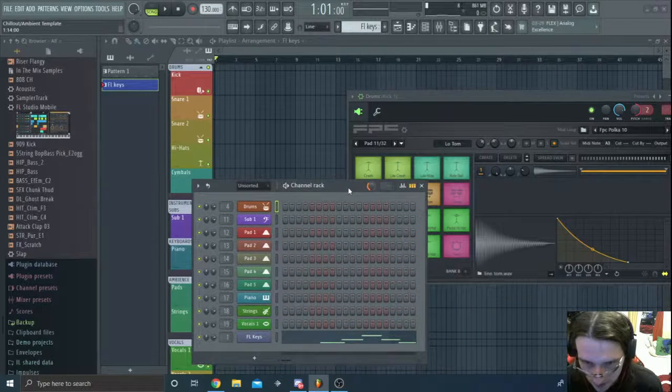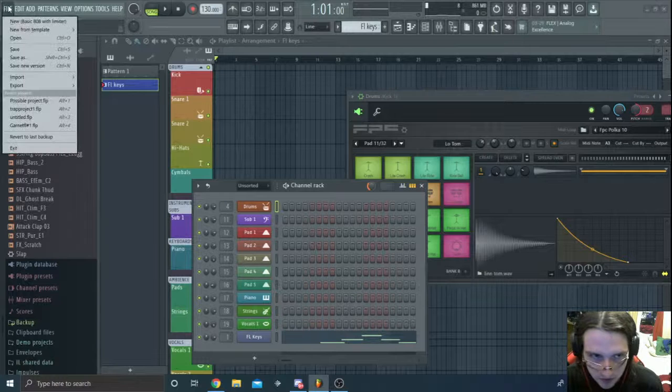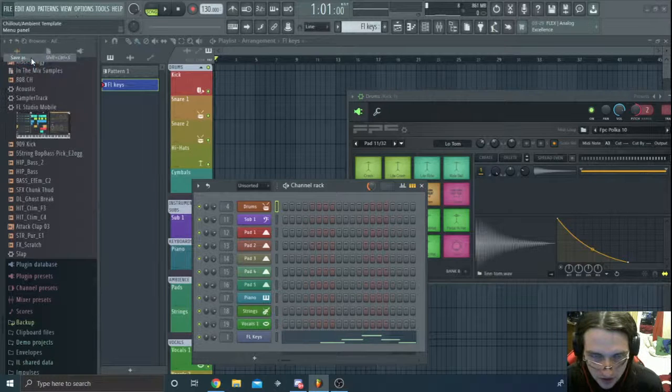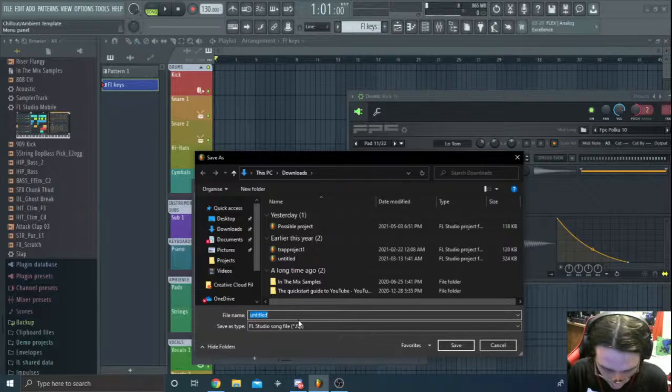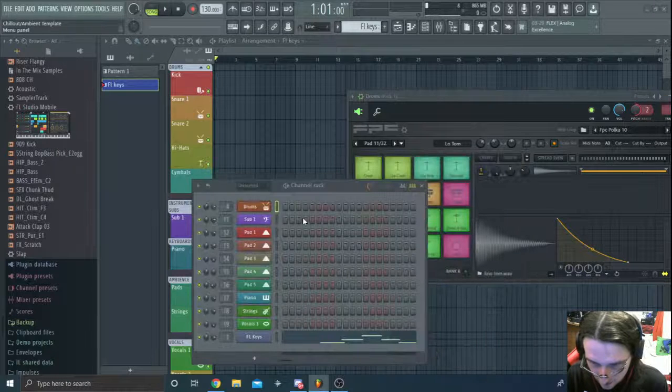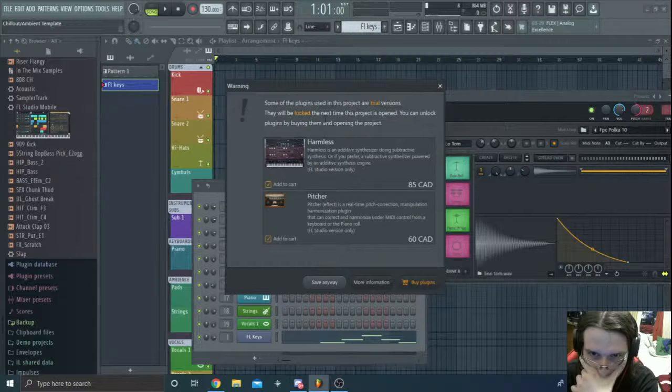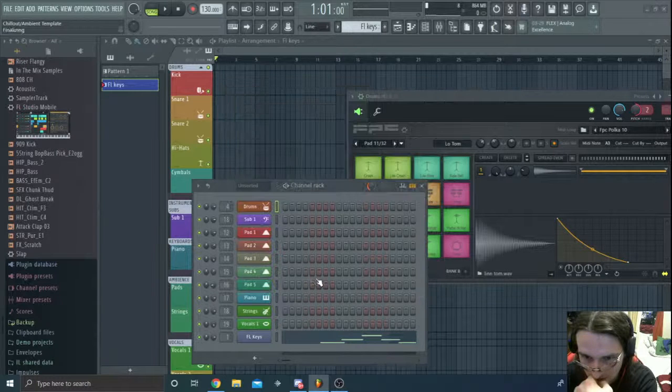Even if I do get the Akai controllers, I really have to do some work. So I'm going to save this for now. I said I was going to do a short live stream, and I did. FL random chill track. Alright, I'm going to take a break for now because some of the plugins using the project or trial versions will be locked. Ah, shit. Well, I have to do something about that anyway. Save it. It's fine, I'll work on the other ones.